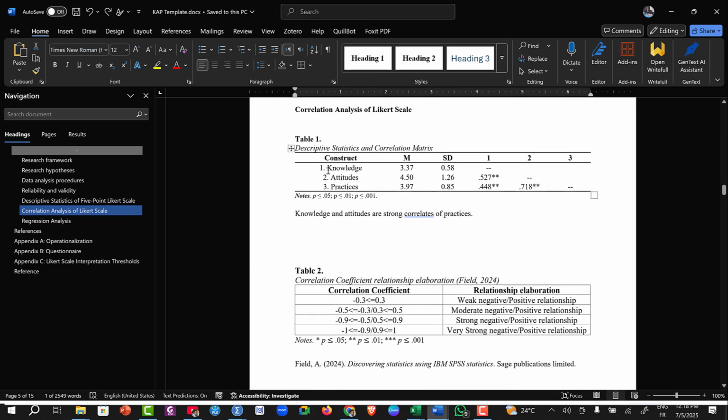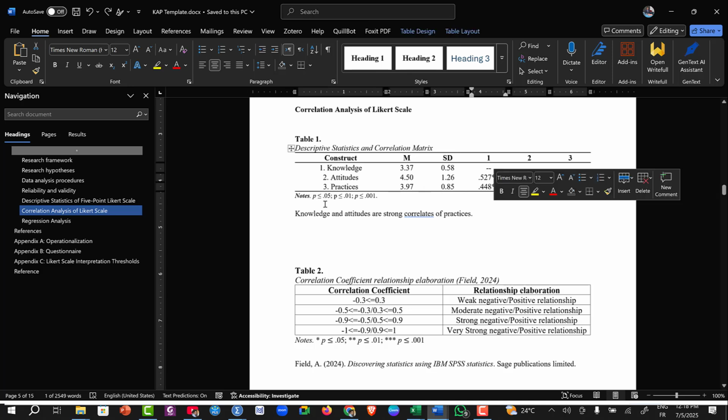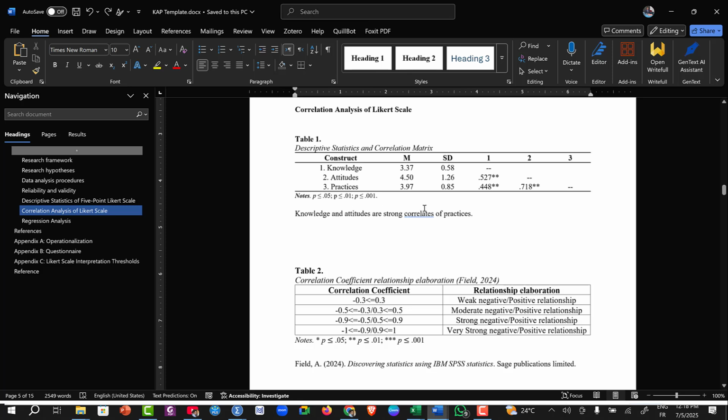For the correlation analysis, as you can see, we have knowledge, attitudes, and practices, and we put them in a table like this. The mean here, the standard deviation here, the 1, 2, 3. So these are the three, let's say, variables, in addition to the asterisk that is used here to signify the different thresholds of the p-value: 0.05, 0.01,